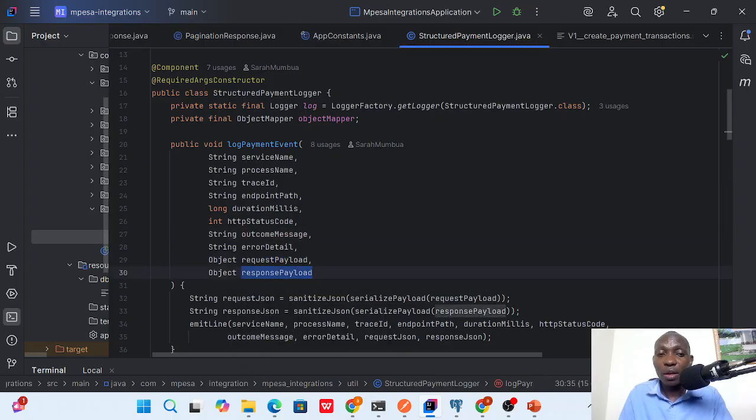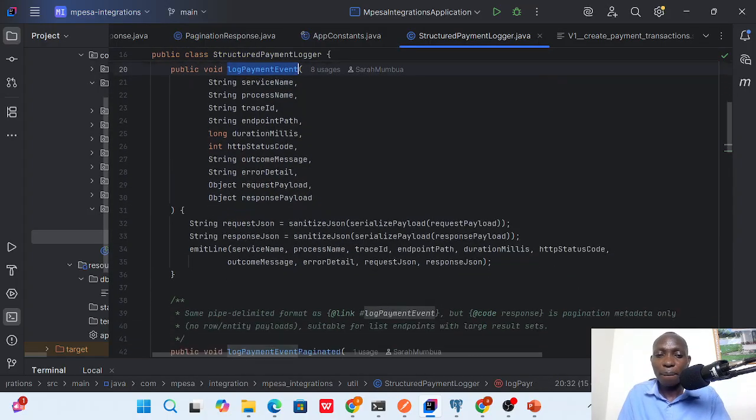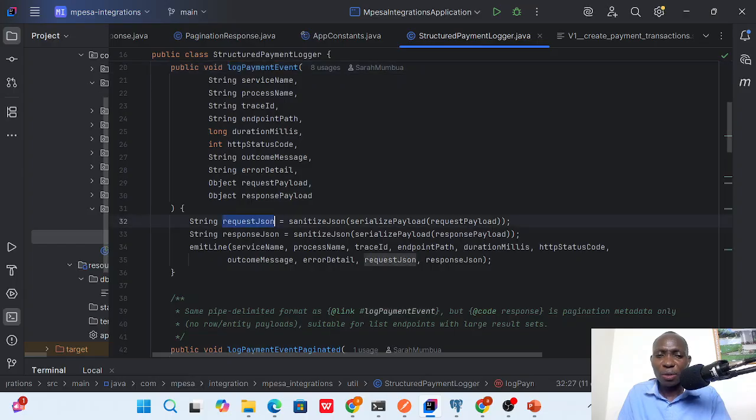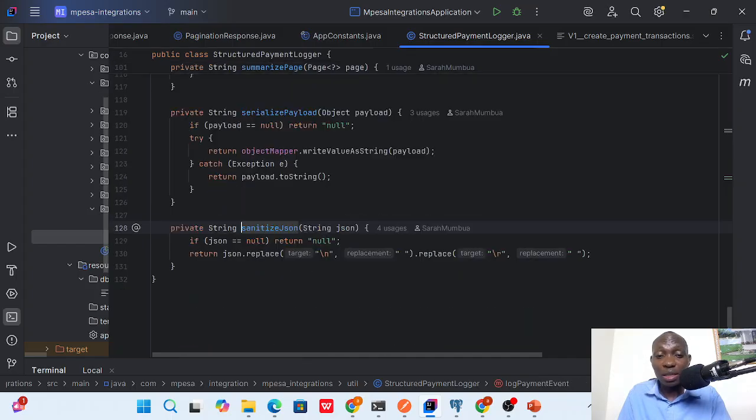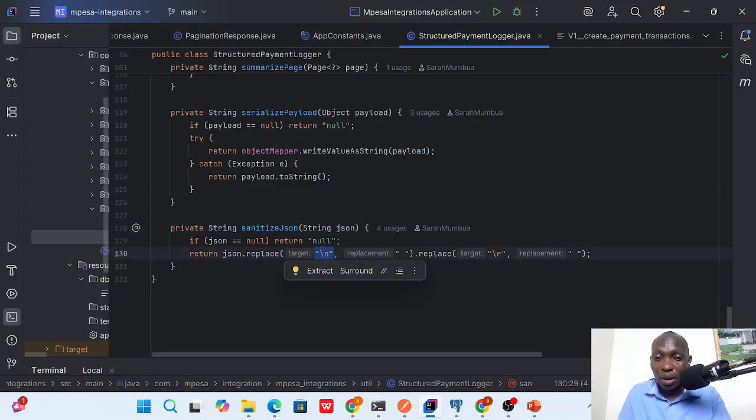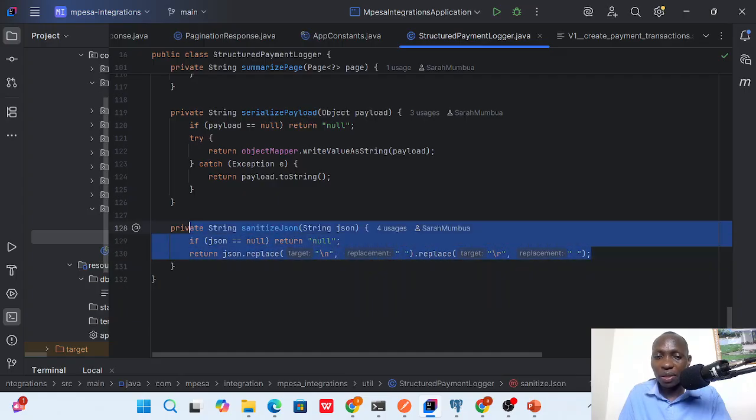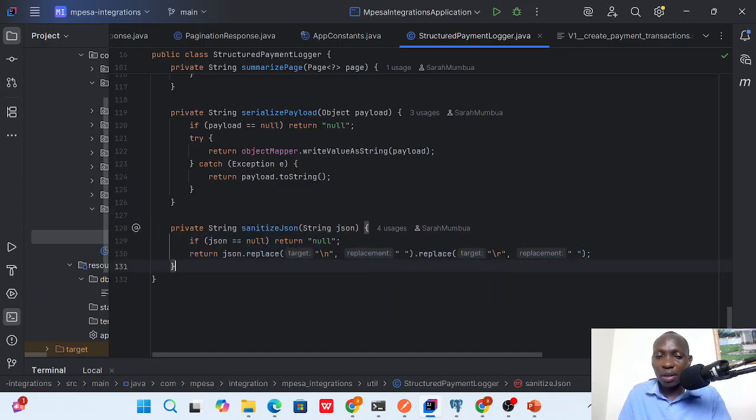So you log payment. The first thing is request JSON, sanitized JSON. We need to sanitize the JSON. What do we mean by sanitize the JSON? To sanitize the JSON, we are replacing the newline character with a space, and also the escape character with also a space, so that a log like this,